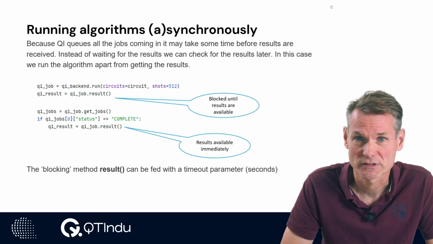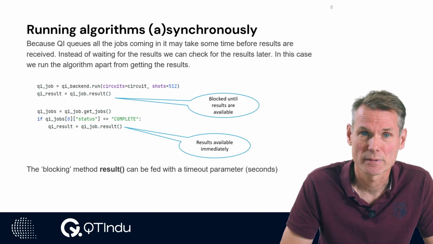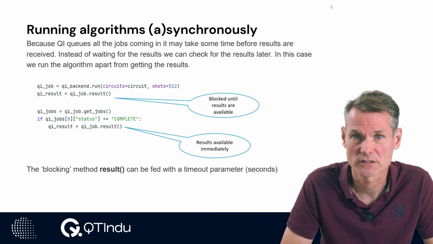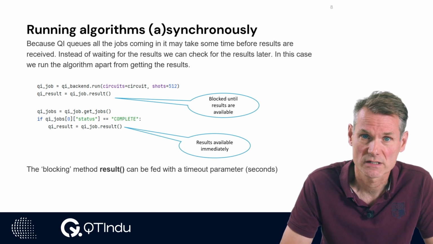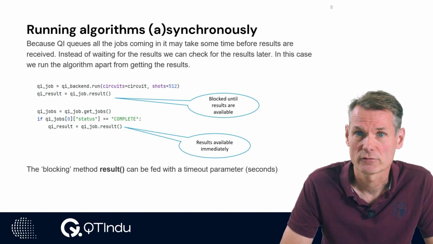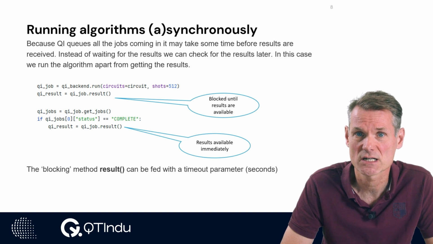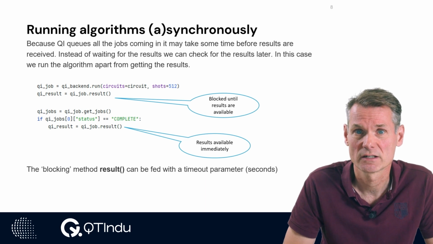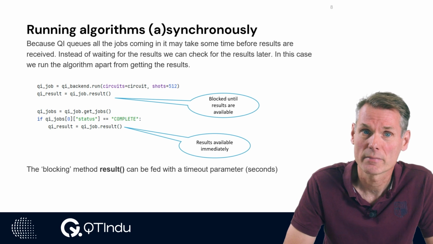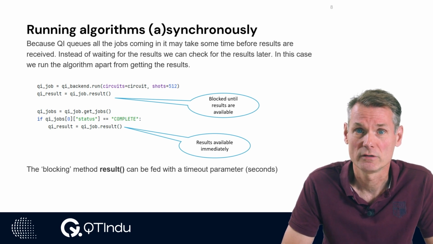To do this, we get the jobs involved from the return value of the run method. As explained earlier, this can be one or more experiments. Each job has a structure where the field status is available. When the status is complete, we know we can get the results without waiting. With a little effort, we can even save the identifiers of our QI job and its experiments. These are the individual jobs in the QI job, and we can retrieve the results in a different run. Remember that when a job is finished, the results are stored in Quantum Inspire and can be retrieved by the user at any moment.